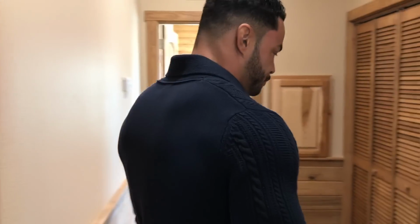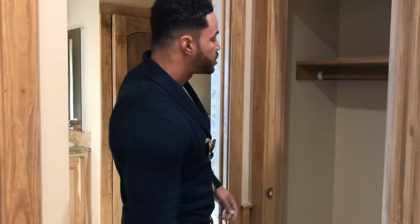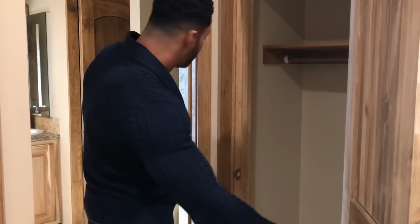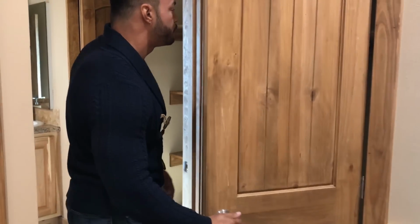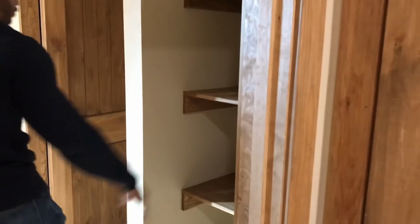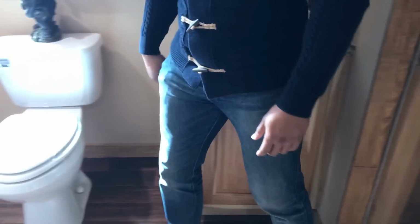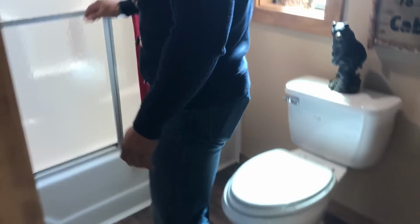And right across from the guest room, you'll see a nice linen closet. It could be a coat closet if you like. You can put some towels there since you're right across from the bathroom. And then we go right into the guest bath. Again, we have additional shelves right here as well. Got the hickory cabinets going along. And then we've got the nice